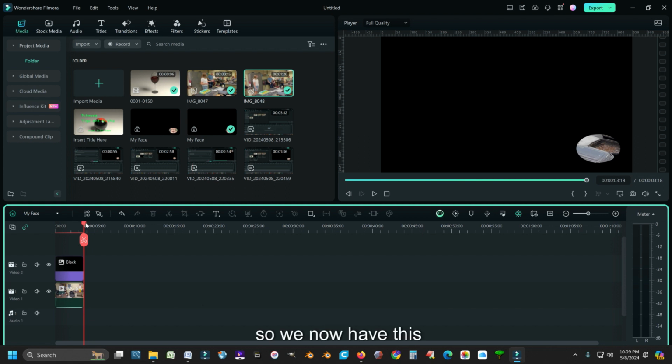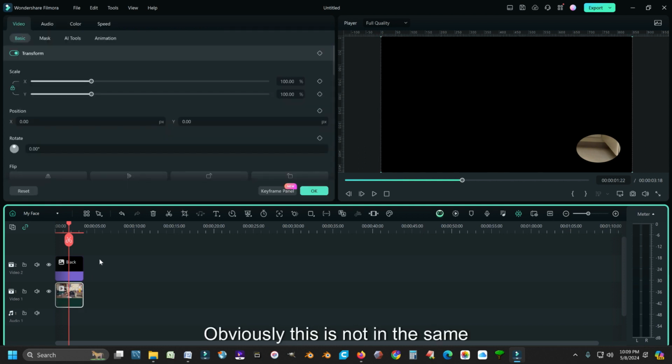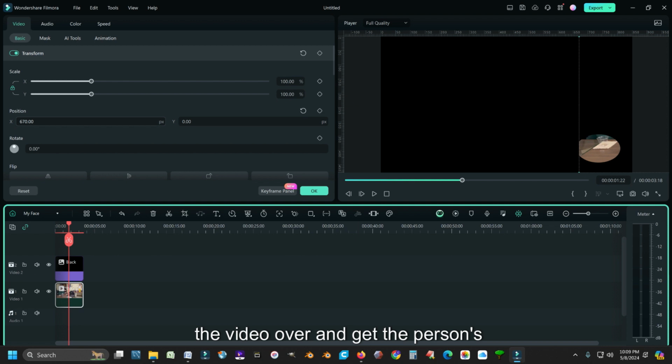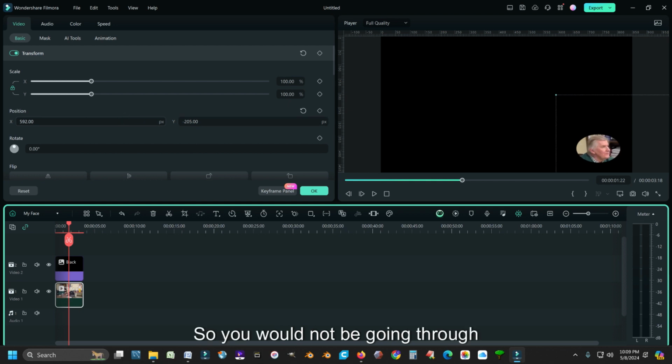Okay, so we now have this, and hopefully whenever you record your videos, you're sitting in the same place. Obviously this is not in the same place, so I'm going to have to make a minor adjustment here to move the video over and get the person's face into view. And here we go. So you would not be going through these steps